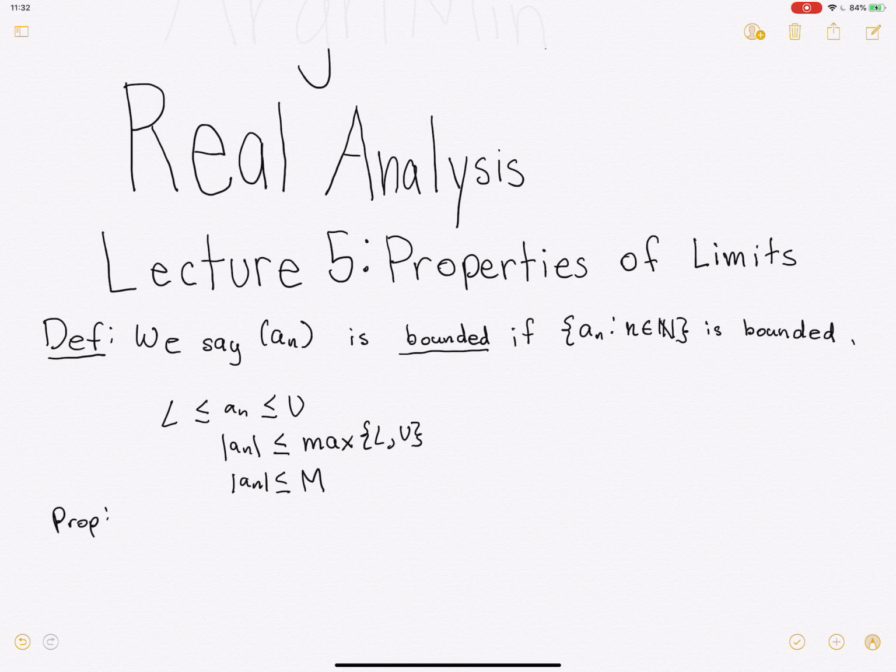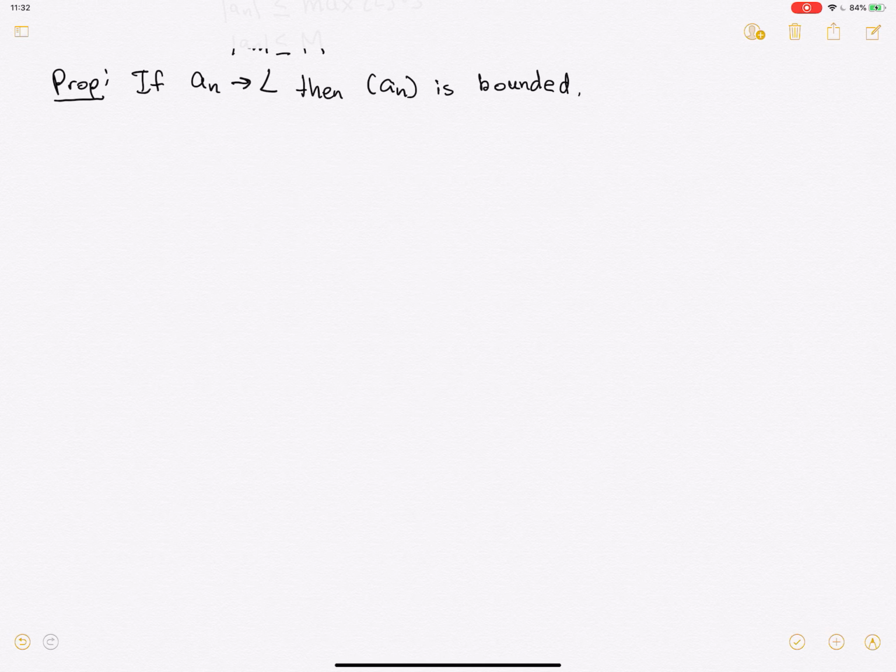So let's use that definition in a proof. If a_n has a limit L, then the sequence is bounded. Proof. Suppose a_n goes to the limit L. For epsilon equals 1, there exists